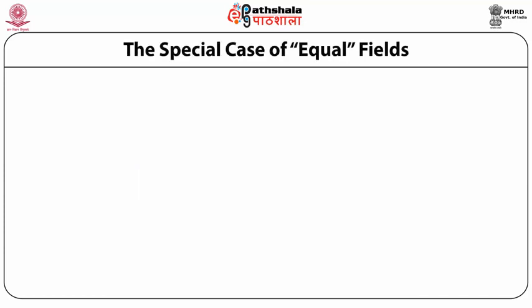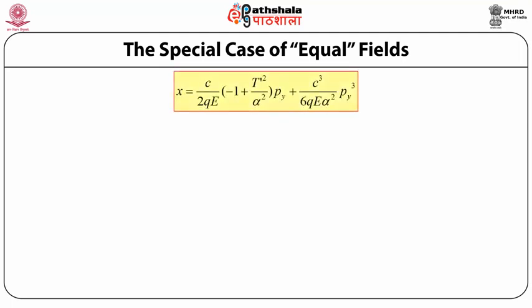On integrating this equation, we get x equals c square by 2e alpha bracket minus alpha by 2c plus t dash square divided by 2 alpha c bracket close py plus c square by qe alpha into c by 2 alpha into 1 by 3 py cube, or x equals c divided by 2 qe bracket minus 1 plus t dash square by alpha square bracket close into py plus c cube divided by 6 qe alpha square into py cube,